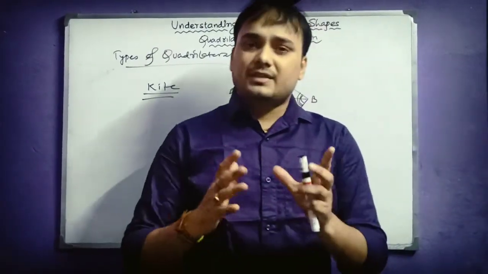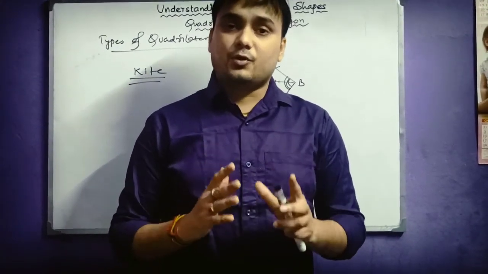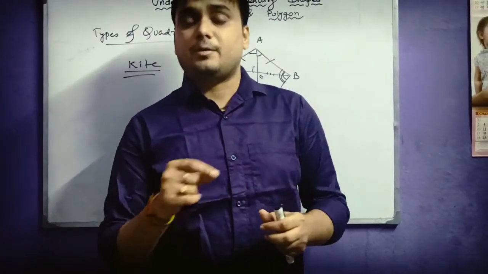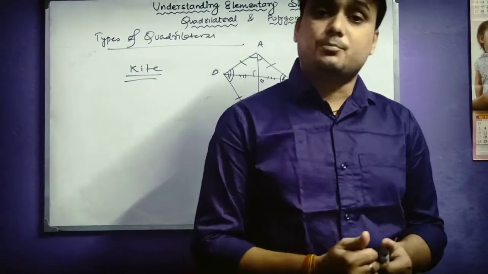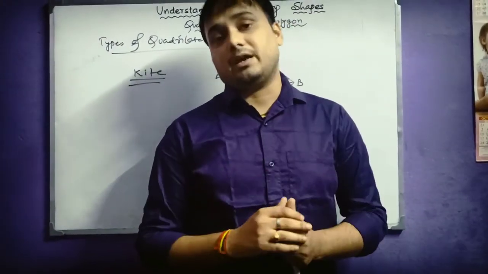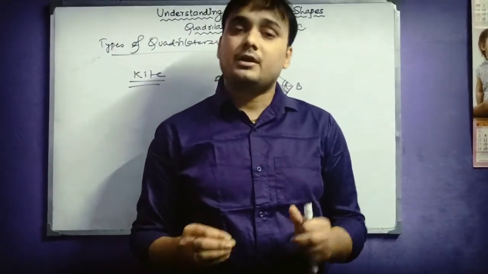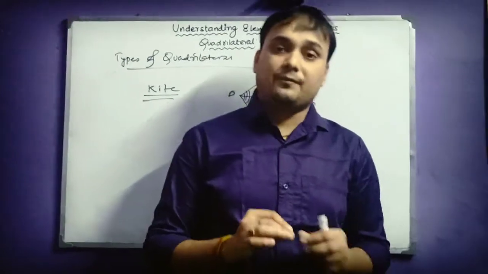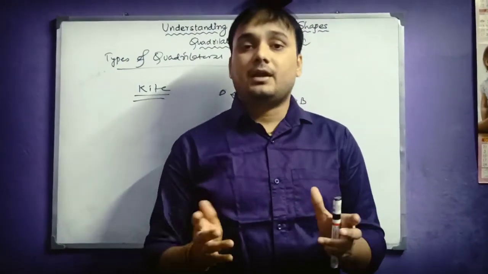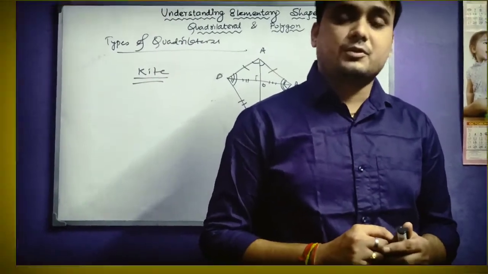So these are some important things which you need to keep in your mind, and this flow chart, which will help you to remember all these things, is also given in your book itself. So you can go through the big book also to keep this in your mind very nicely, because only knowing about the different properties of the quadrilateral is not sufficient. You also have to know, in a broader concept, which quadrilateral is of which type. Okay, so now let us move on to the next topic, which is polygon.